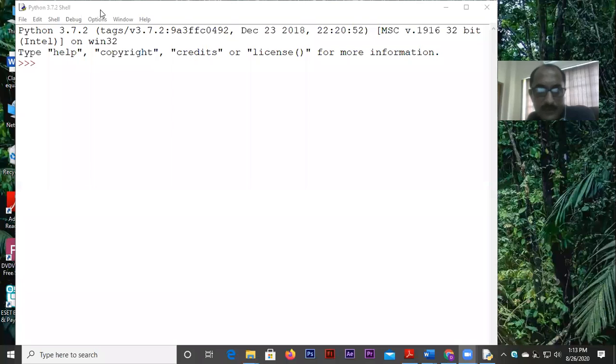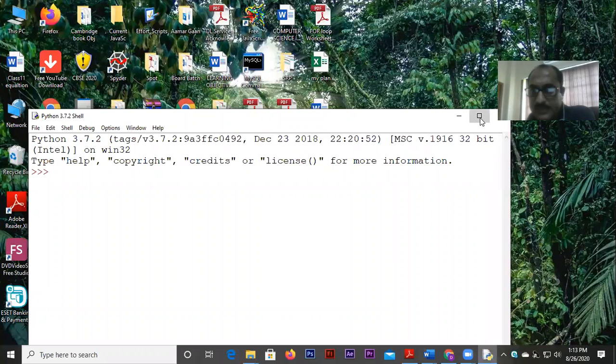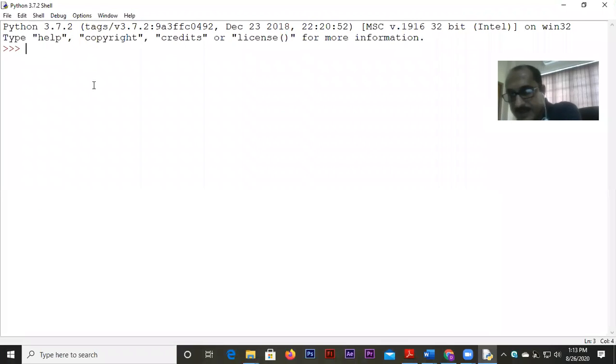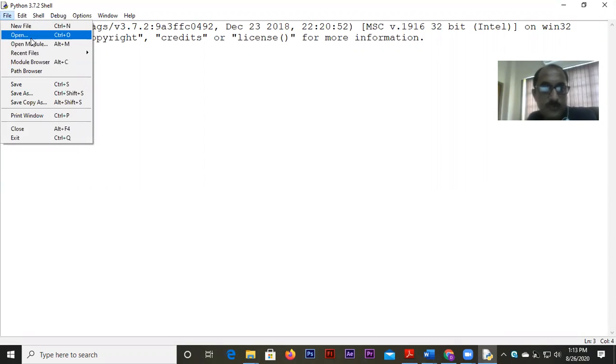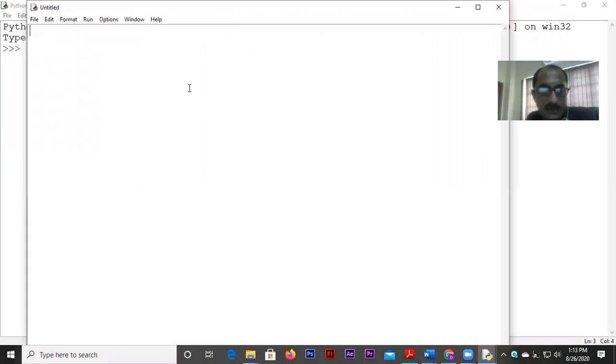Now, break statement, as you know, is basically used to break a loop, right? To stop a loop. A loop is already supposed to execute a fixed number of times. When you take a for loop, be it with range function or not with range function, in both cases the for loop should execute a fixed number of times.